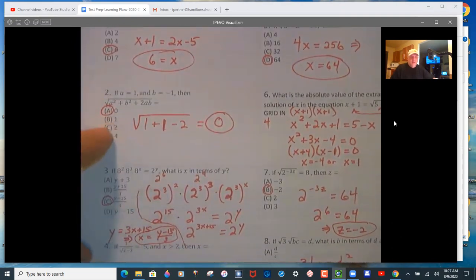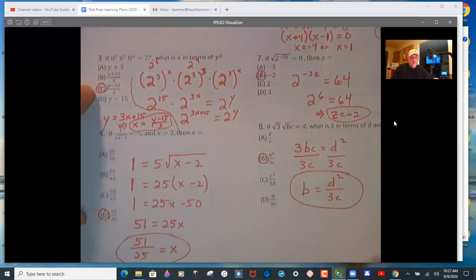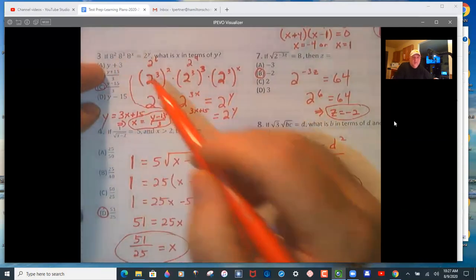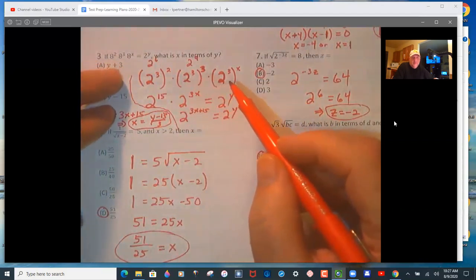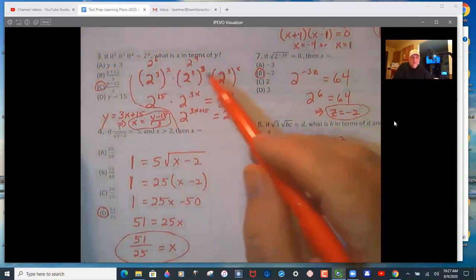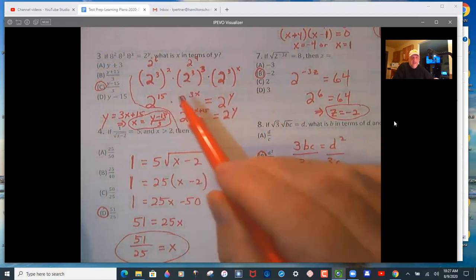Here's a substitution problem. This is all the no calculator on this page. So here you got to get a base of 2 everywhere to make this work. And this is a little bit of work. So 2 cubed squared, 2 cubed cubed, 2 cubed to the x. So 8 is 2 cubed. And then you got to do power to a power where you multiply the exponents and then you add here